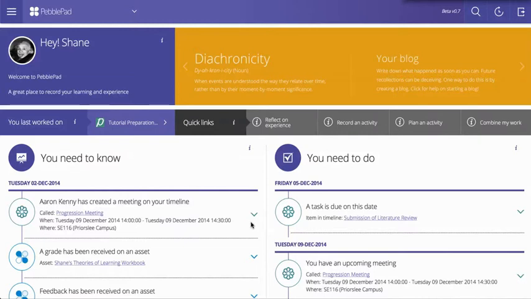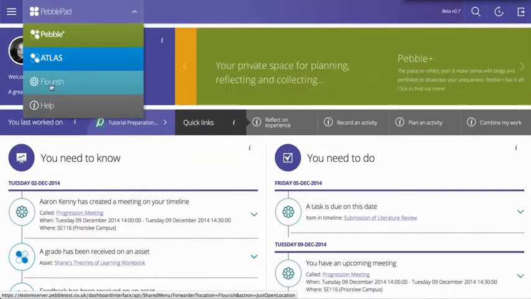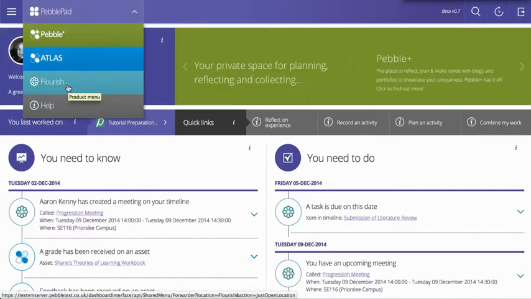Flourish is a new tool we are developing to fit inside PebblePad, the single-page application. And here I am on the home page of that single-page application. From here, the learner would choose to go to Pebble Plus, Atlas, or as I said, this new tool called